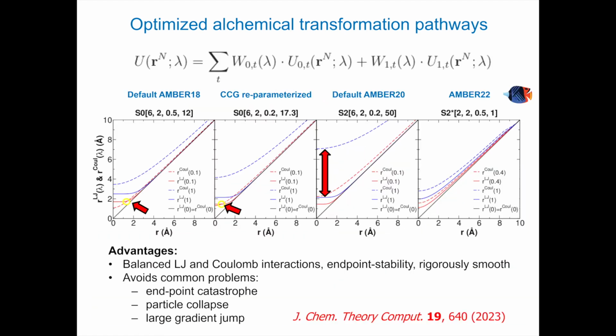I'm going to jump quickly to just basically illustrate that previous soft core potentials that have been developed by others and were implemented in Amber had problems. Every time you see this little circle, that's indicating a point where the Coulomb potential and the Lennard-Jones potential cross over one another, which can potentially cause issues like particle collapse or large gradient jumps. And our potential that we most recently derived and has been implemented in Amber 22 and also Amber 24 has all these stable features, and we haven't yet seen problems. There could be problems, but so far we haven't seen.